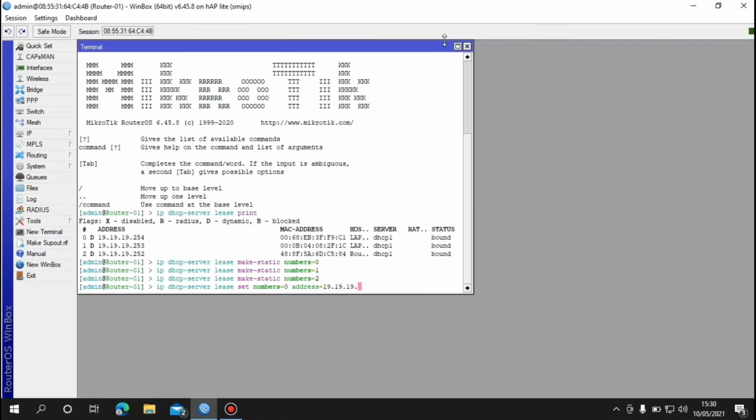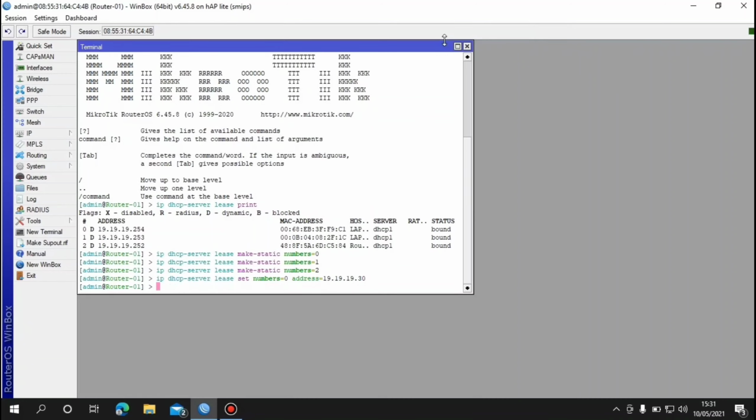For client 1, use IP address 30, and enter.